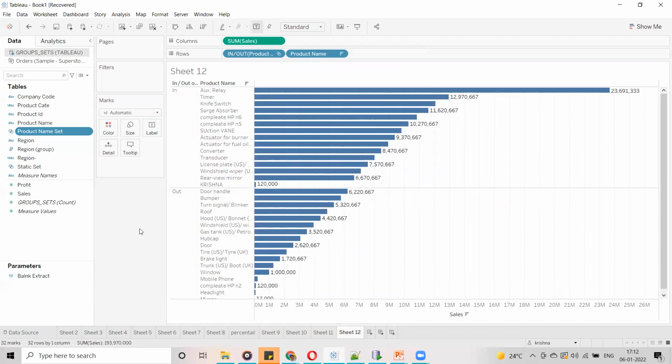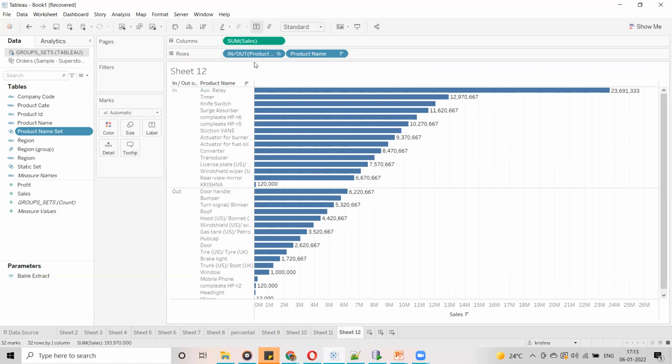Actually, in real time we are going to use sets to show top 5, top 10 or bottom 10. To show these kinds of things automatically, for example, let's assume you want to display the top 10 product names based on the sales.